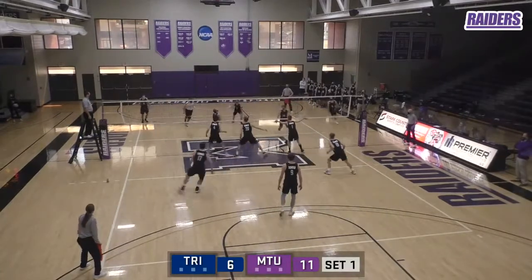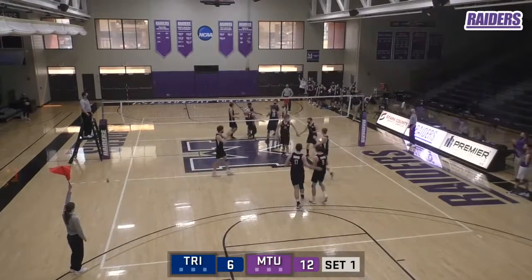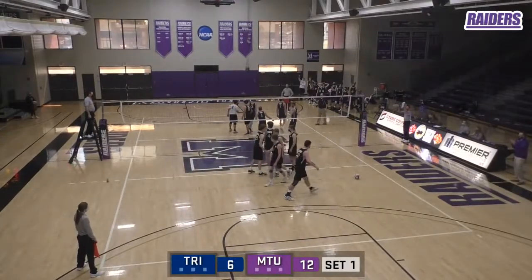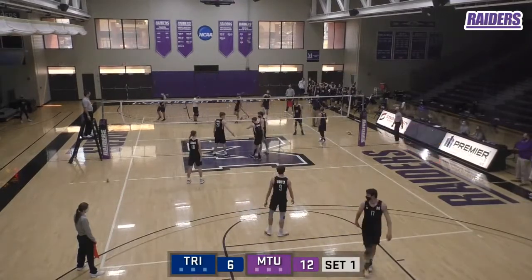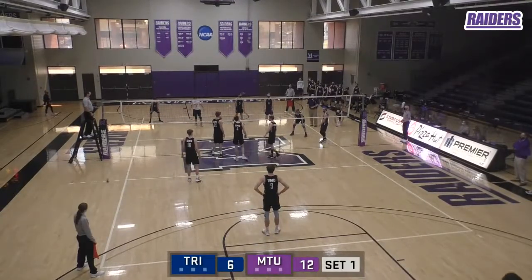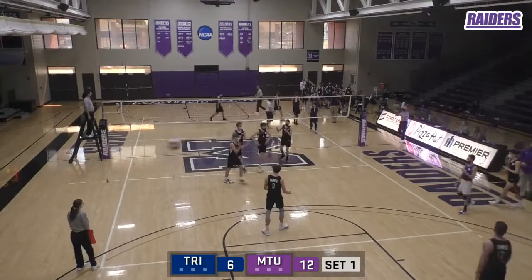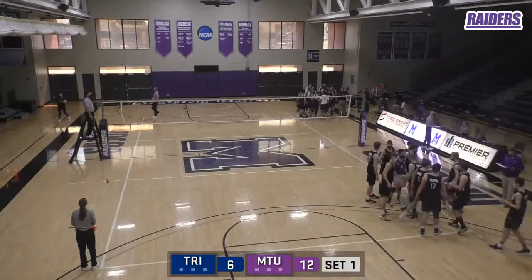Cross dances on the tape, gets it over. Set outside, a big swing by Dixon. And he's going to hit it just outside there, but a big hit. Unfortunately, he gets too far under the ball and sends it out. I think it's interesting watching these players make the calls to know if the ball's going in or out. Andrew Cross put his arm out, and then with his arm out, he stuck up the one to say, yep, that's going out. And Trine's going to burn a timeout here, trailing 12-6 over the host Purple Raiders